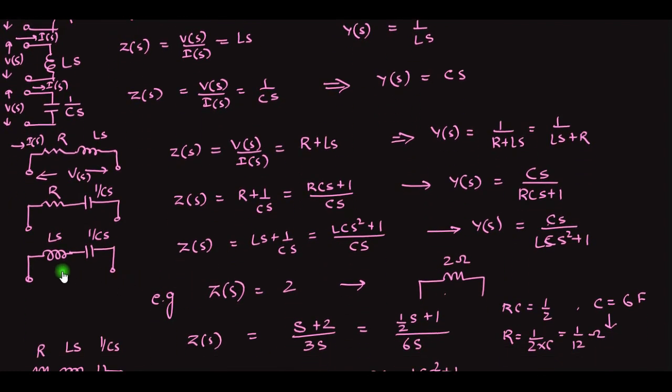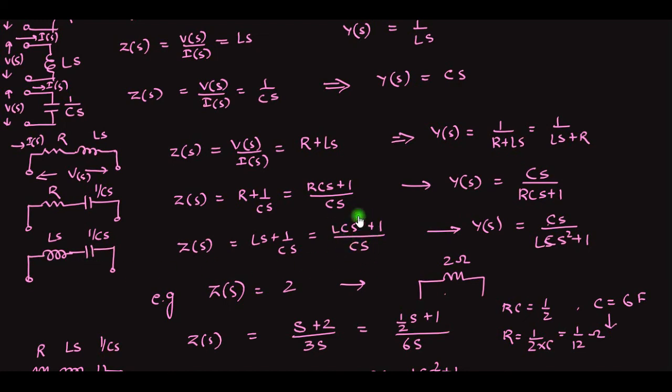Similarly, let us see this. This driving point admittance function has a maximum power of 2, either in the denominator or numerator. As we have power 2 in the denominator, we have power 2 in the numerator. This shows that it will be a circuit having 2 energy storing elements. So that means it will be a series combination of inductor and capacitor.